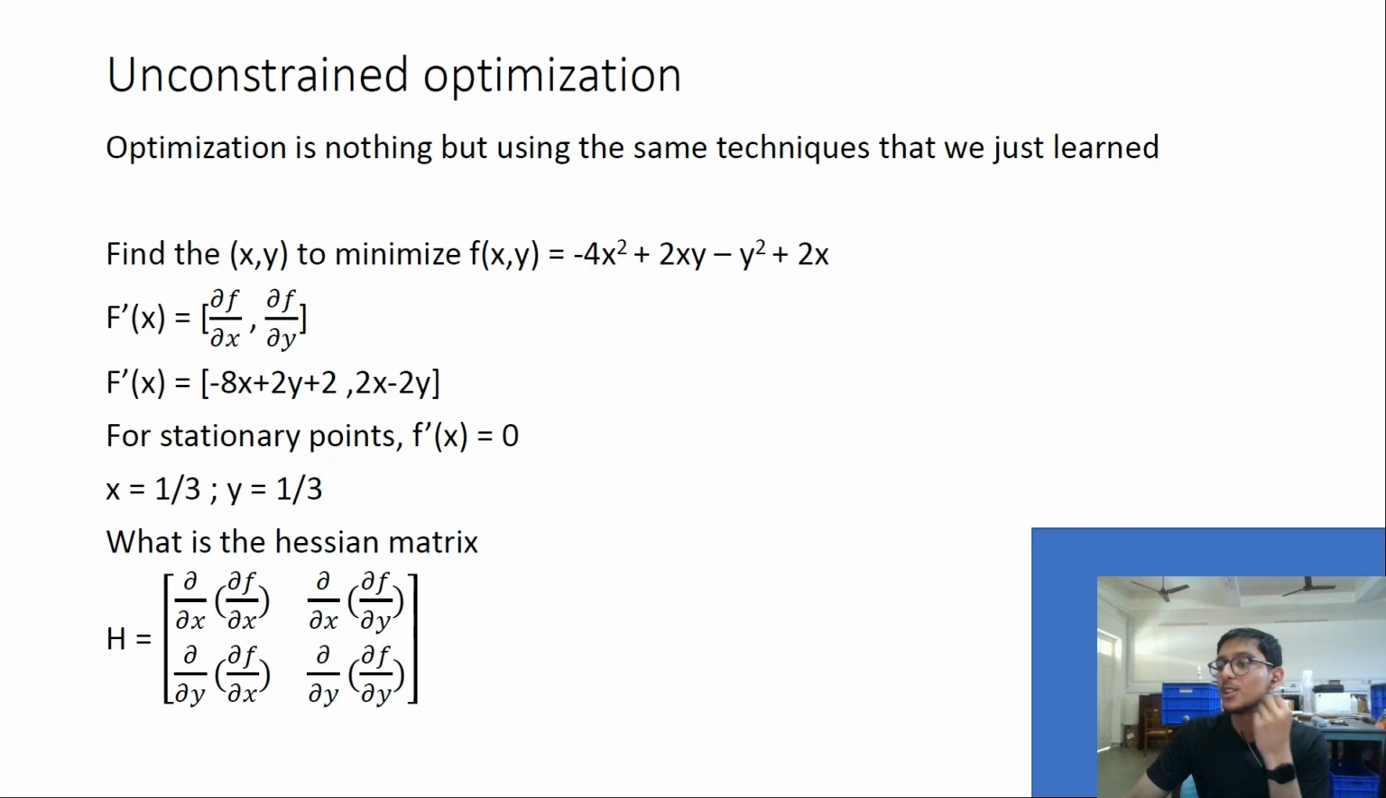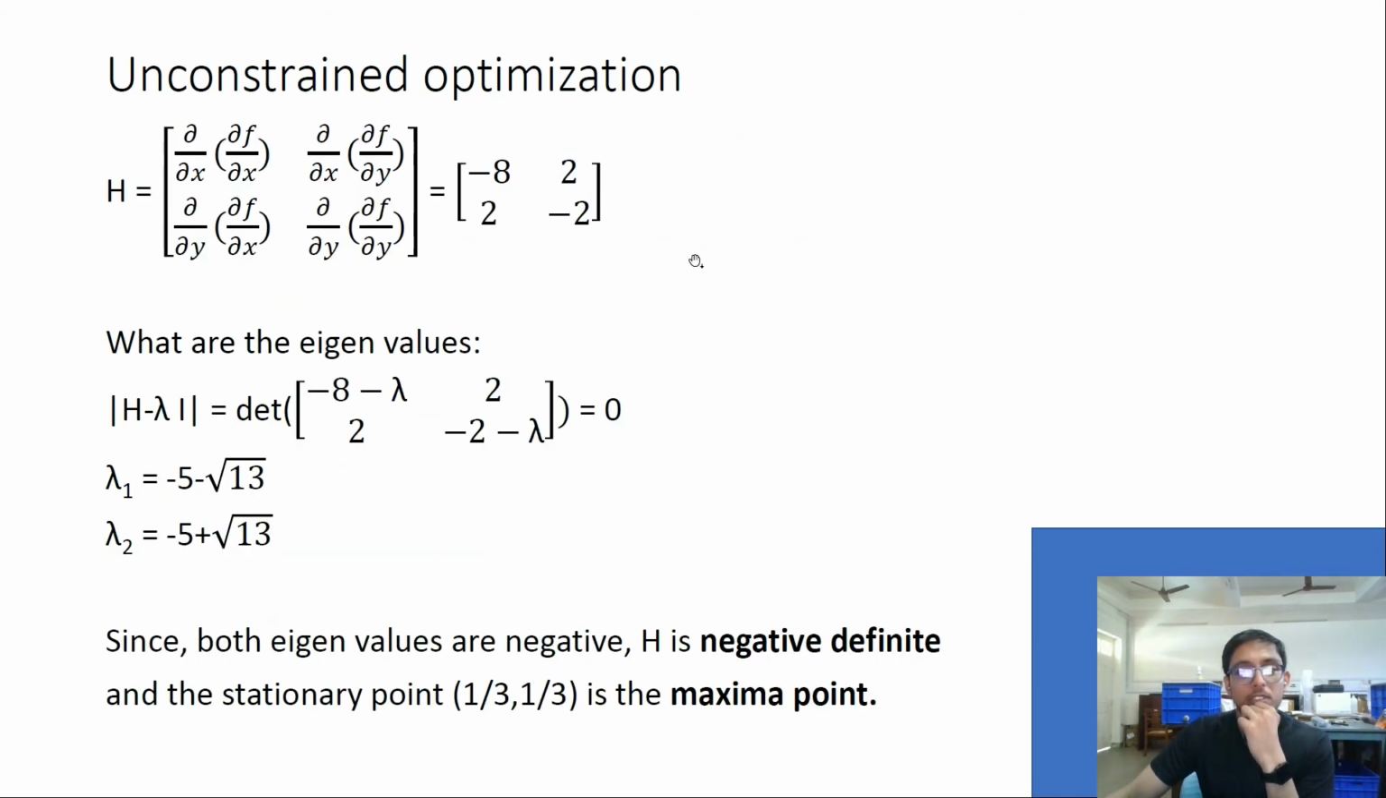Oh, very good. Prasanna has gone one step ahead and told the eigenvalue itself. But still, I will say how we got this Hessian matrix. We differentiate this one with respect to x. So minus 8, with respect to y, 2. Here with respect to x, 2, and y is minus 2. So this is what you should get, and this is what I think Prasanna has gotten,